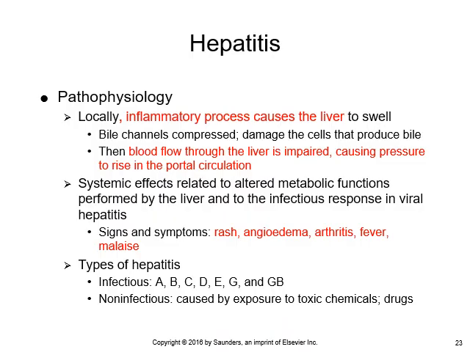Hepatitis is the inflammation of the liver, and there are types of hepatitis: A, B, C, D, E, and G. GB are infectious, and non-infectious hepatitis is caused by exposure to toxic chemicals and drugs. Signs and symptoms we will see are rash, angioedema,